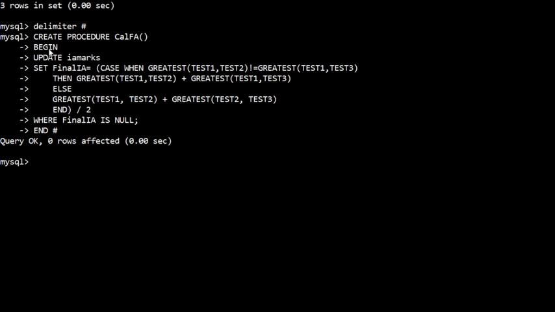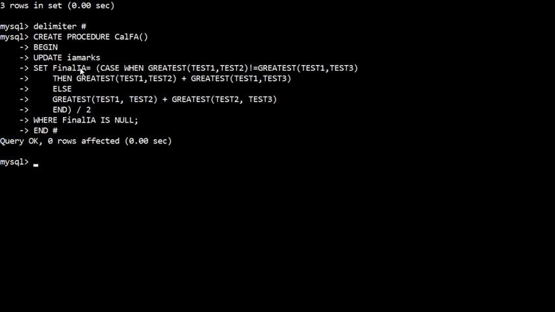Then you write the procedure body, that is what it has to do. Here they are asking us to update the final IA.